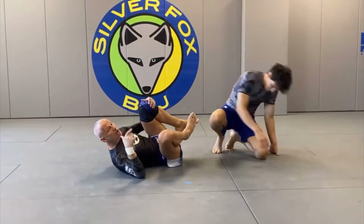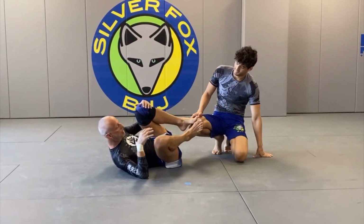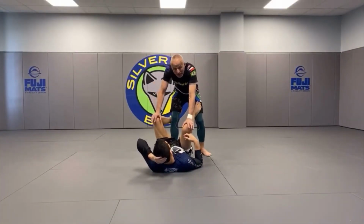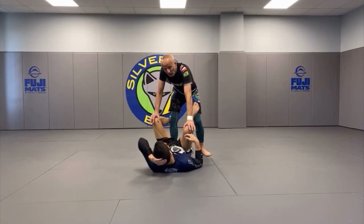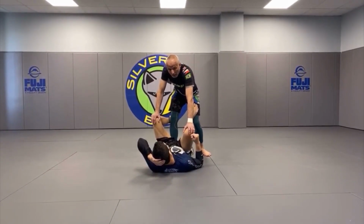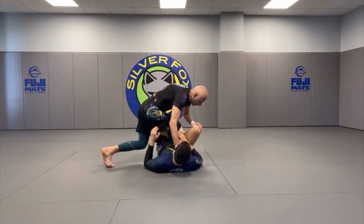Guys, keep in mind that my leg position is slightly different from probably most people that you've seen similar techniques from. I'm not a big fan necessarily of entering legs from the top. If somebody asks me what my favorite leg entries are, they are from the bottom. It's usually knee bars, and it's usually from a failed arm lock. It's usually if the guy passes my guard, that's where I go. But here, I will threaten the legs,